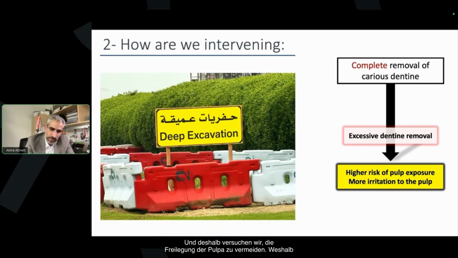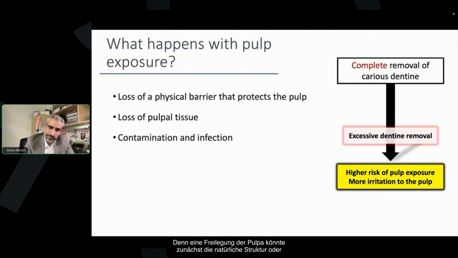will come with a price: we are increasing the chance of pulpal exposure, which means there is a higher chance to irritate the pulp. And that's why we always have to keep the balance. That's why, again, we are trying to avoid exposing the pulp, why we're so conservative, why we have to take this into consideration. Because exposing the pulp might first expose or disturb the natural structure or function of